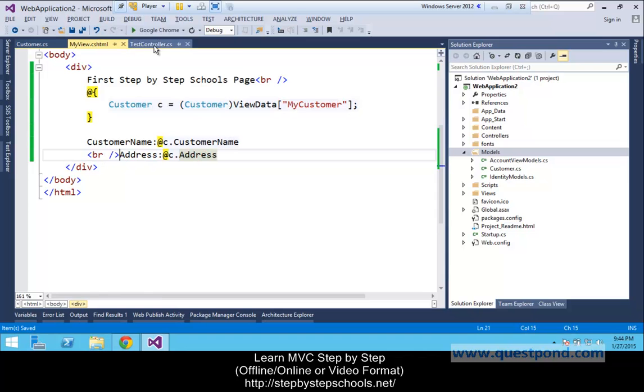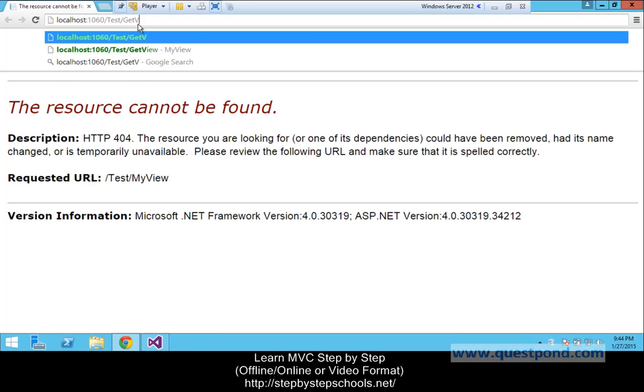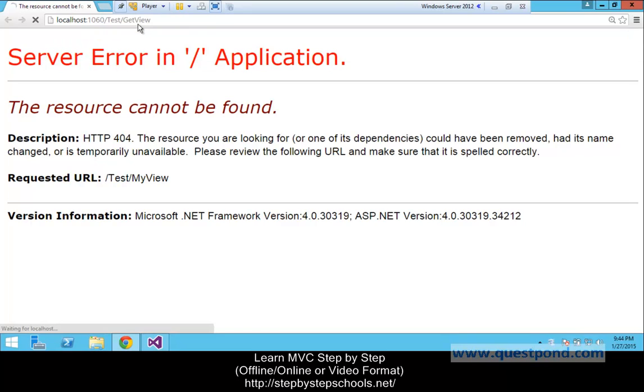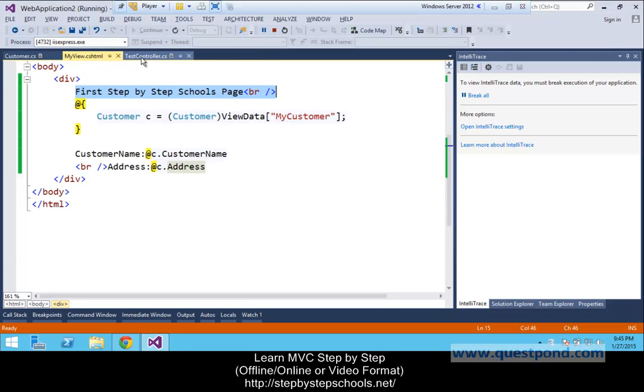Now let's execute and let's see what exactly happens. So we have to put here get view, enter, and you'll see the first step by step schools page, which is because of this line, and then a break tag, and then customer name is Sukesh, address is Mumbai, which is coming from our controller.